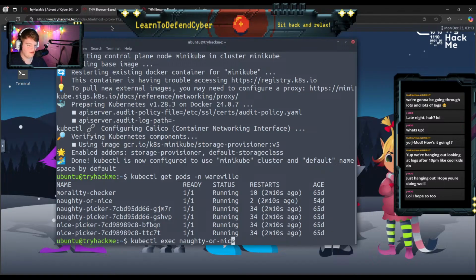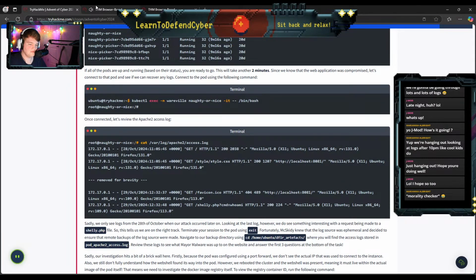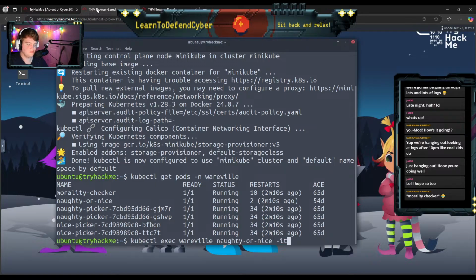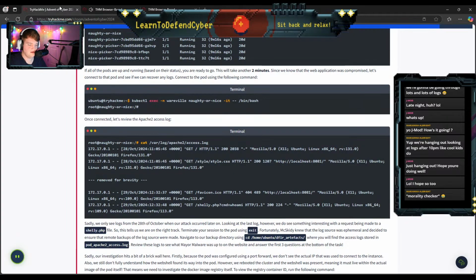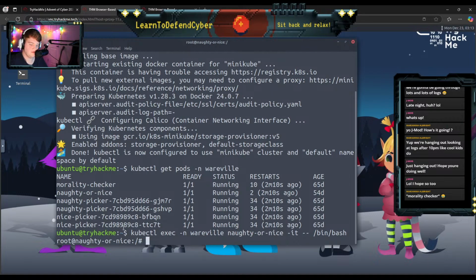I had to specify the namespace Wareville first. I probably could have just copied this command, honestly. I have to go back and add the -n in. -it /bin/bash, and we're in seemingly the naughty nice application.